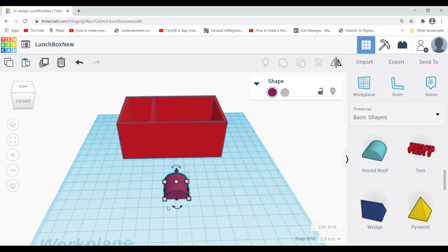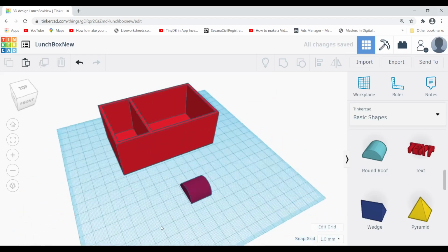So I need to rotate 90 degrees on the XY axis, so I can use this one. You can see in which axis it is going to change. Here if I click, you can see in what angle it is going to rotate. Okay, you can understand that. So I am going to use this part. Here I want to rotate by 90 degrees. So now it is rotated, you can see like that.